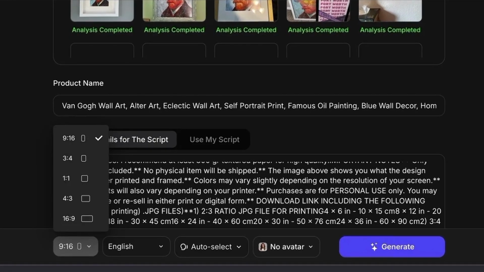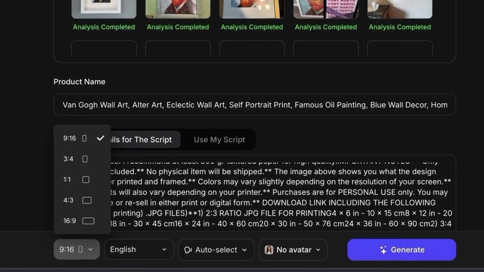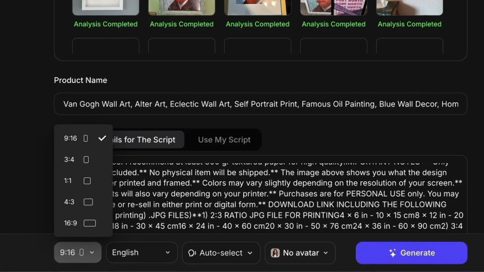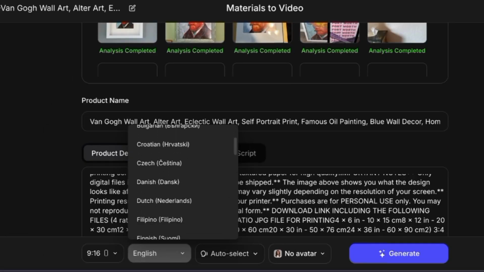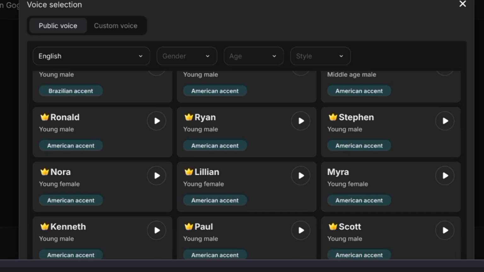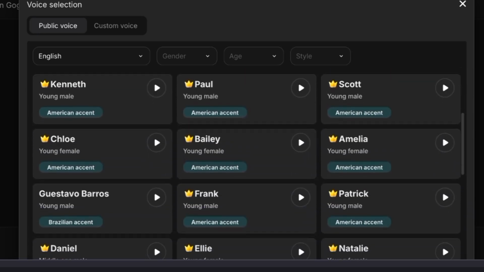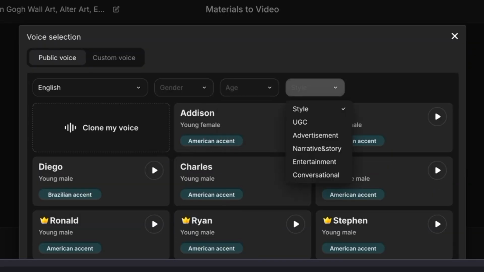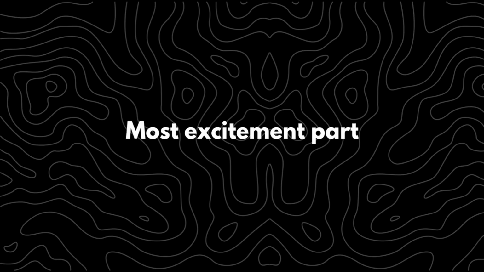Below, you find the option to change the aspect ratio to your preference. For this video, I'll select the 9:16 ratio. After that, I'll choose English as the language. Next, I'll move to the voiceover section. There are numerous options to choose from, and the best part is that you can sort them by gender, age, style, and language. Once you've selected the voiceover that suits your needs, we'll move over to the most exciting part,